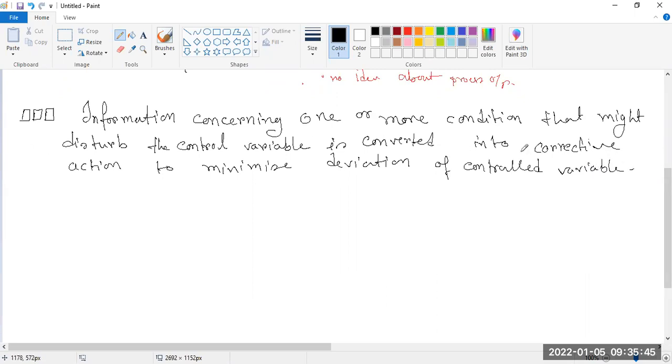So in feed forward control action, information should be perfect. Otherwise, it may cause deviation between your process value and your set point value. Now, next point is that